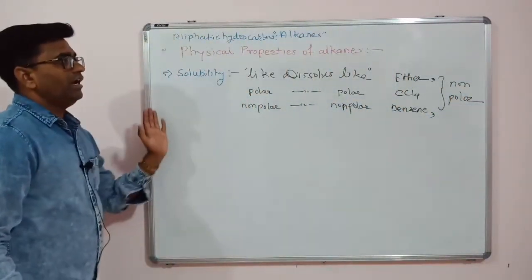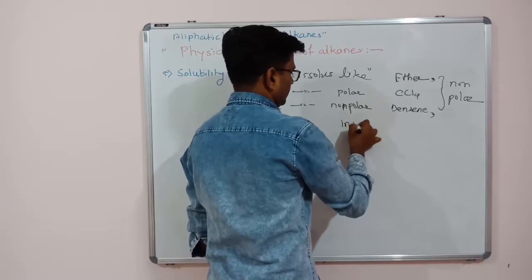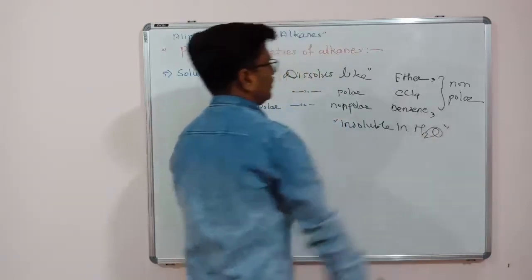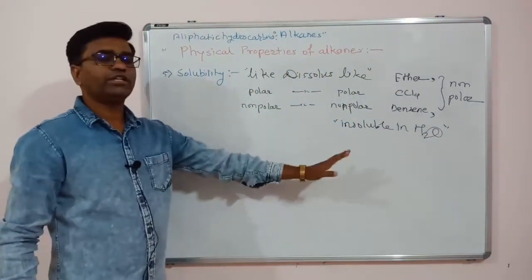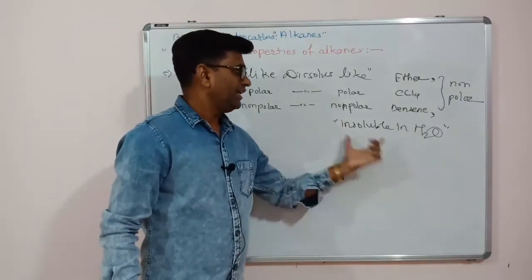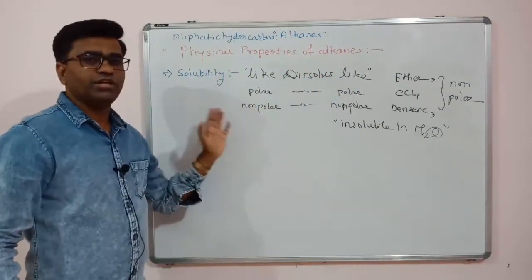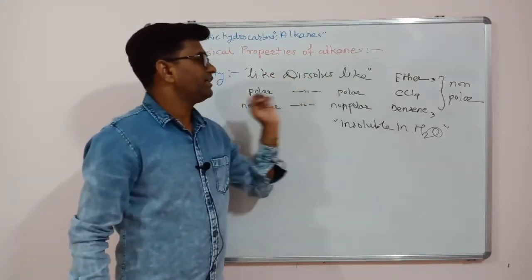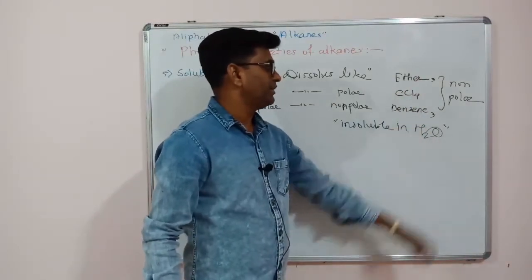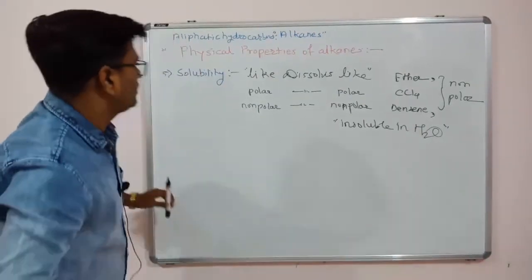So alkanes are dissolved in non-polar solvents but insoluble in water, because water is a polar solvent, its dielectric constant is very high. That's why alkanes are generally insoluble in water, because they are non-polar. So according to like dissolves like, alkanes are soluble in non-polar solvents like ether, CCl4 and benzene, but insoluble in water. Now the next physical property we will learn, that is